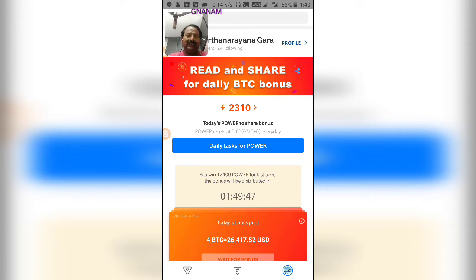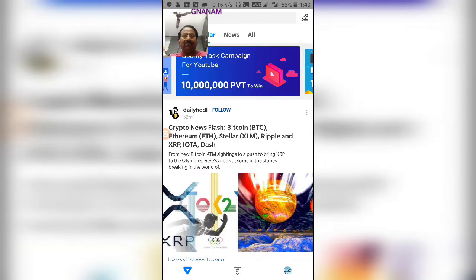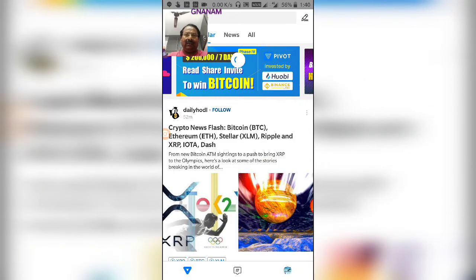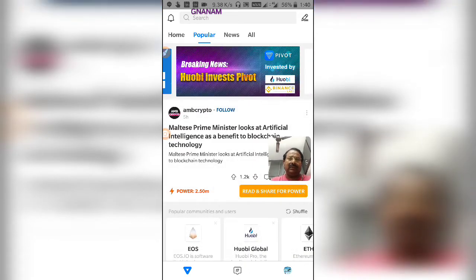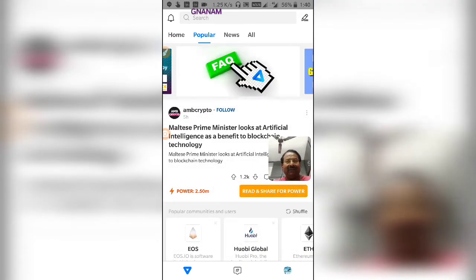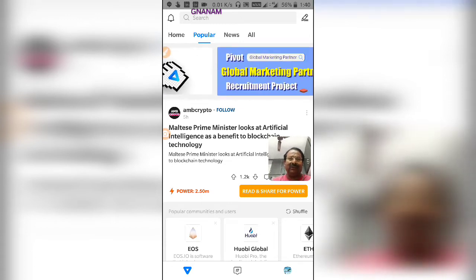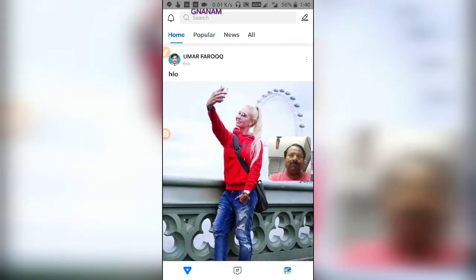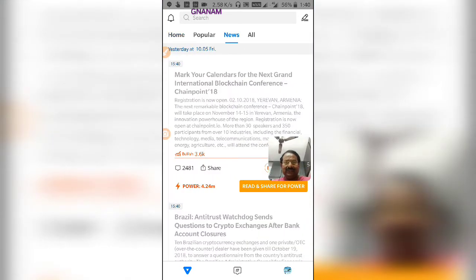First way, you have to click this inverted triangle at the left hand side. If you click on that one, you will get home, popular, news, all. Here we have to click on news.